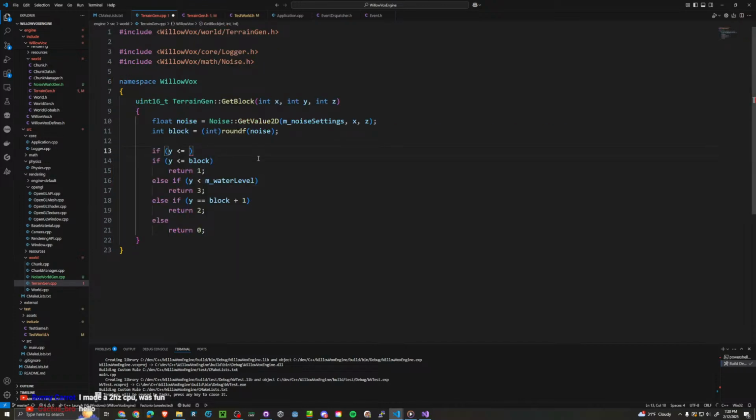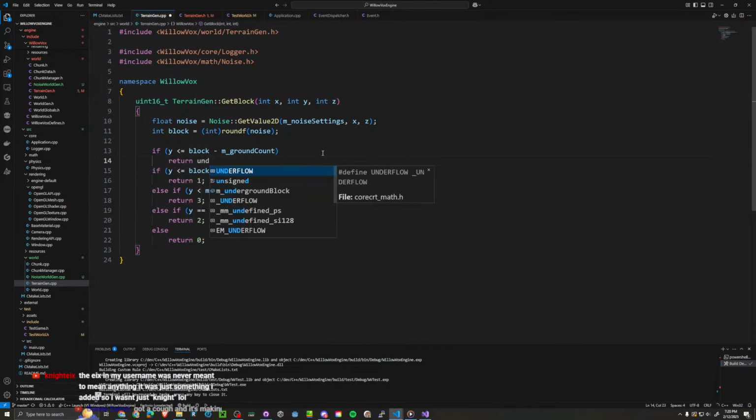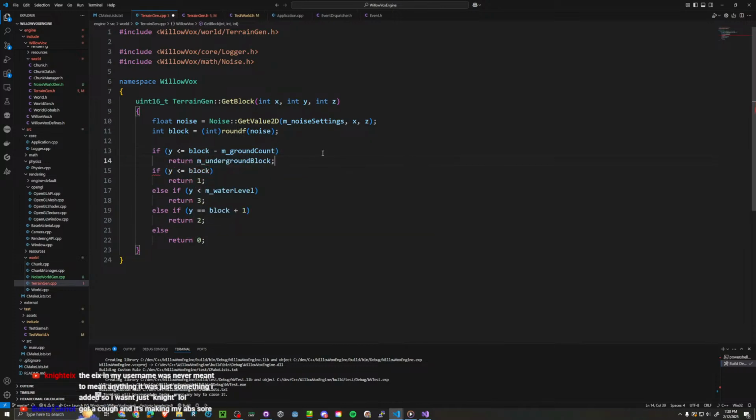Alright, so if this is ground count, so if y is less than or equal to ground count, now this isn't right actually, because this needs to be block minus, or block, yeah, that's right. So then we're gonna do return underground block. Else if,